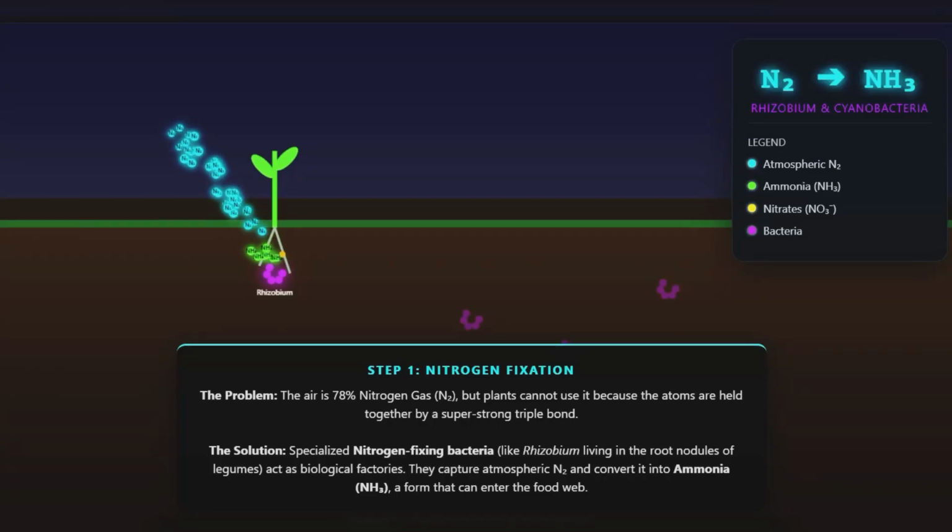Let's study about the nitrogen cycle. So, the air is 78% nitrogen gas, but plants cannot use it because the atoms are held together by a super strong triple bond. So, specialized nitrogen-fixing bacteria like Rhizobium living in the root nodules of the legumes act